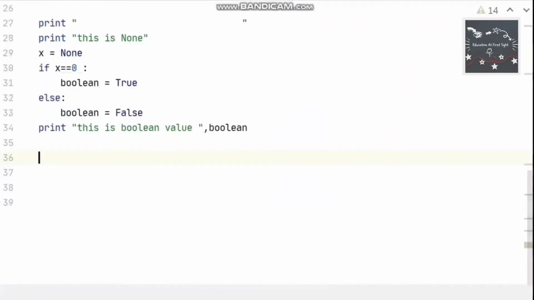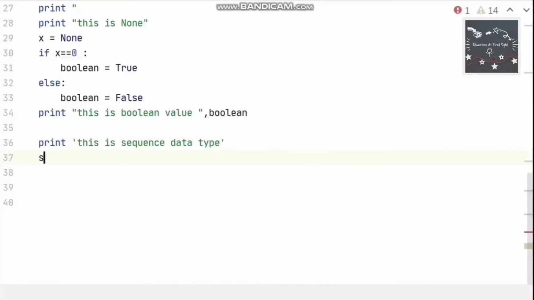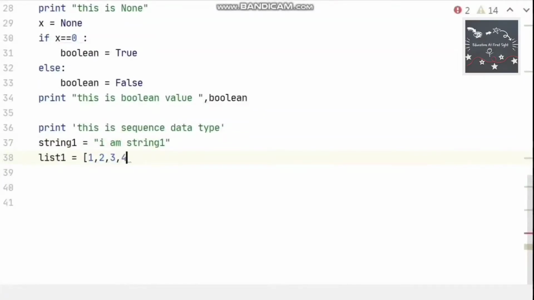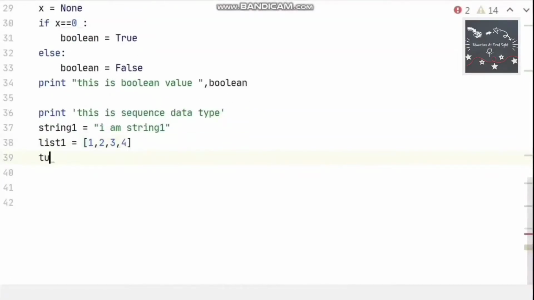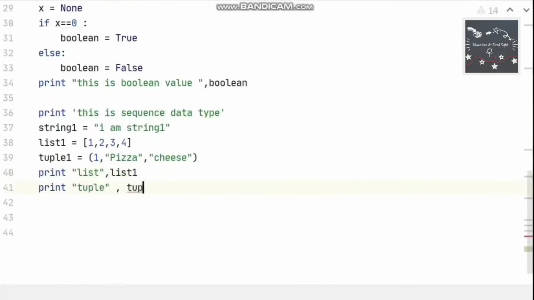We will see the sequence data types. I am declaring a variable named string1 to which I am assigning a string enclosed in quotes. You can also use single quotes. Then I am declaring a variable named list1 to which I am assigning a list of integers enclosed in square brackets. Now I am declaring a tuple which contains heterogeneous values which is enclosed in curly brackets.